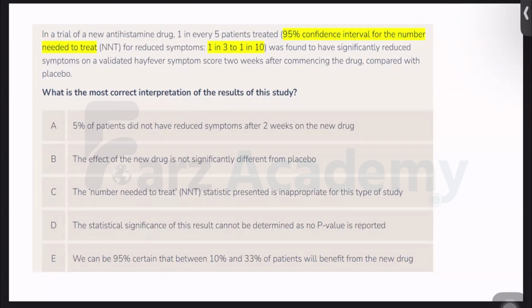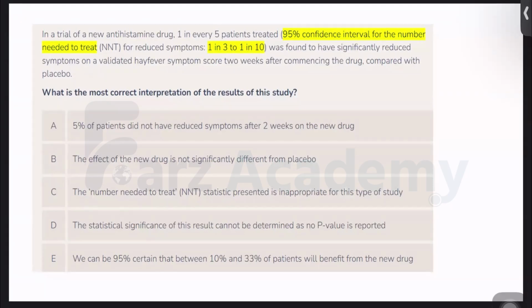Whenever you try to extrapolate by adding extra information in the question, you can make any option correct. I can add two statements here more and make B, C, D correct. Whatever is given in the question, only from that information you have to extrapolate your answer. Like you're doing now, there is no p-value. Then you start thinking about p-value, then relate it to statistical significance, and then come to the answer D. No. Whatever is given in the question, only that information has to be used, and then you have to answer the question. If this was there in the question, then this would be correct, but that is not in the question.